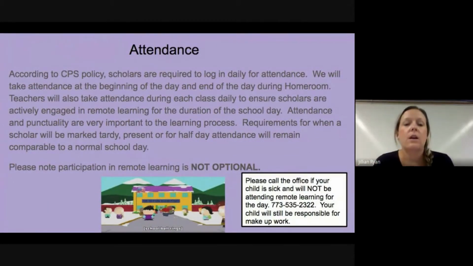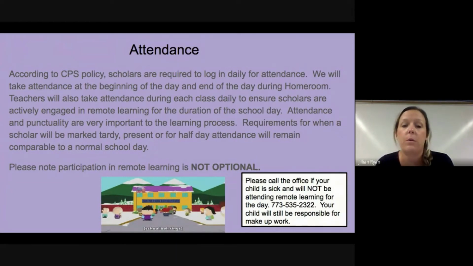Attendance. According to CPS policy, scholars are required to log in daily for attendance. We will take attendance at the beginning of the day and then the end of the day during homeroom. Teachers will also take attendance during each class to ensure scholars are actively engaged in remote learning for the duration of the school day.